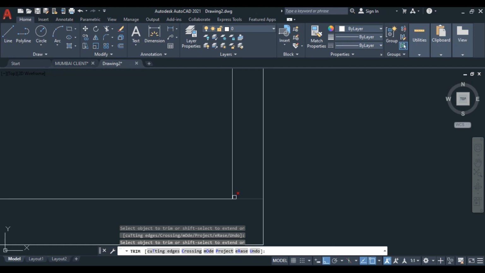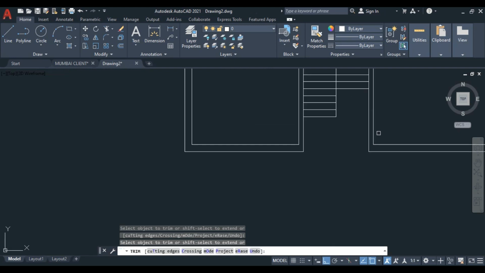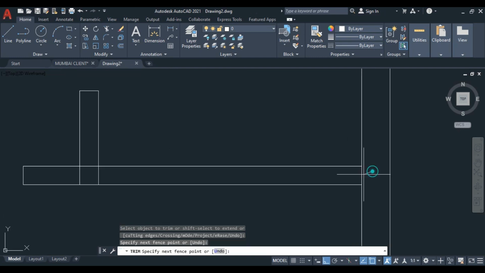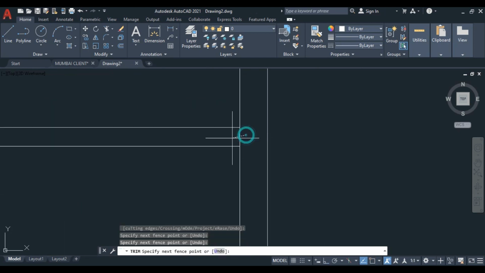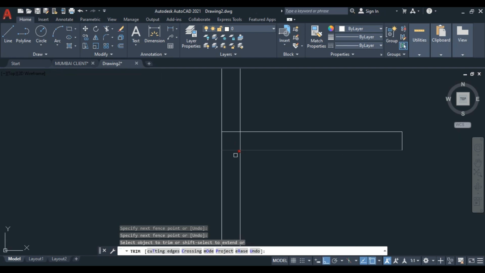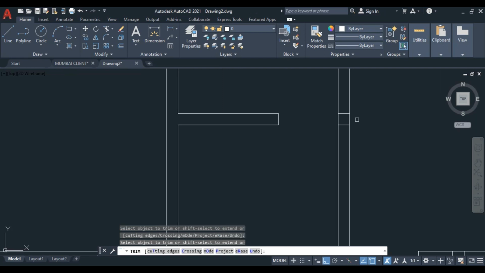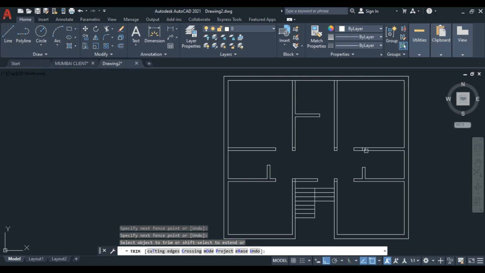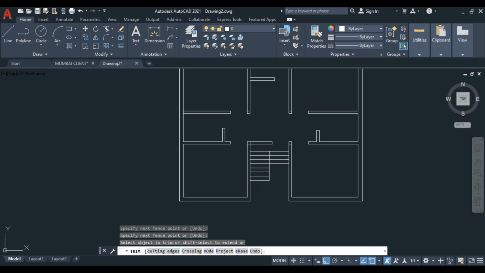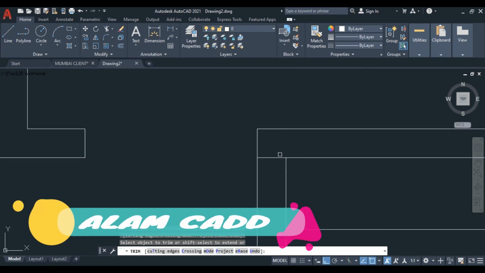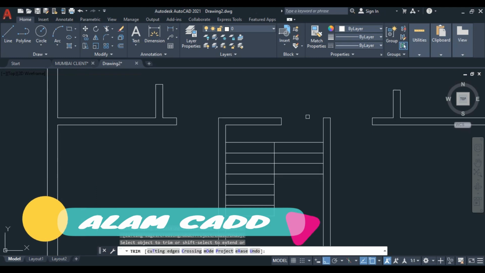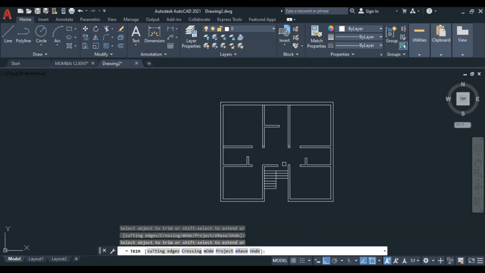Clean this. Clean this. Okay, this is your bedroom, this is your bathroom, another bedroom, bathroom, another bedroom, parking with a staircase, drawing room, kitchen.